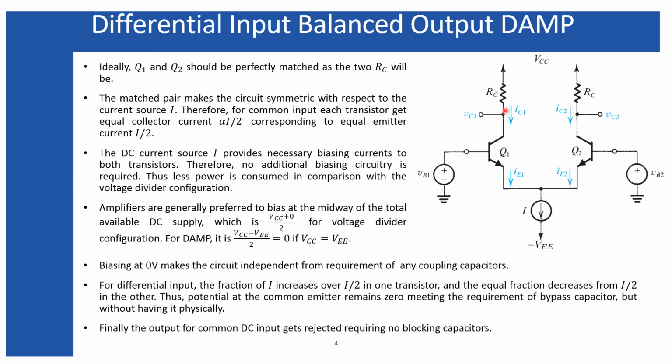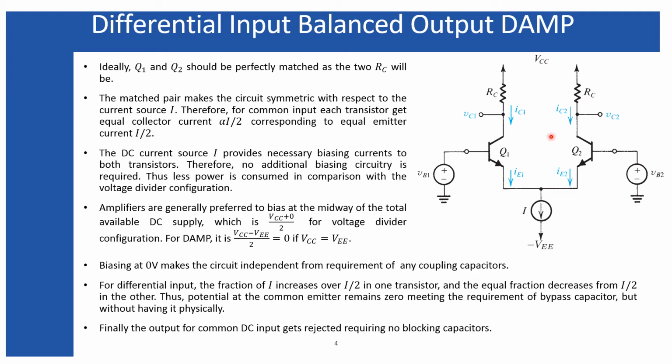Finally, since the output voltage is measured with respect to these two individual output voltages, any common mode voltage will be cancelled. If there is any DC part when you are considering an AC signal, so if the AC signal contains any DC component, that DC component will appear at both of these two inputs, and it will be considered a common mode input. This common mode input will not appear because the output is being measured with respect to each other. So the common mode output will be 0.